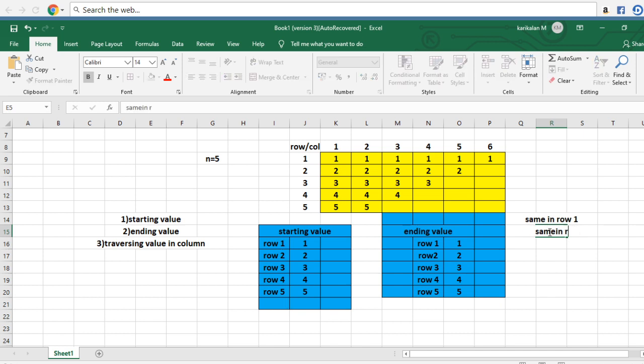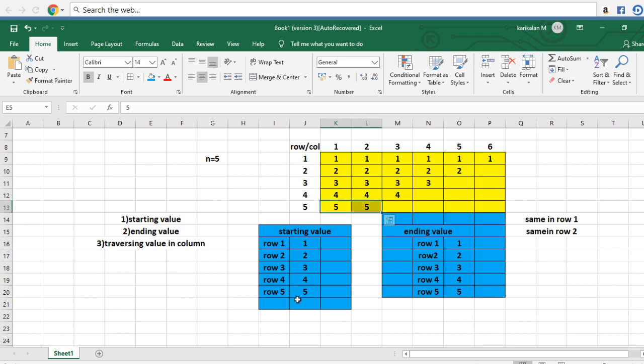So the traversing values of all rows are the same. In the first row all column values are the same. In the second row all column values are the same, likewise the third, fourth and fifth rows.